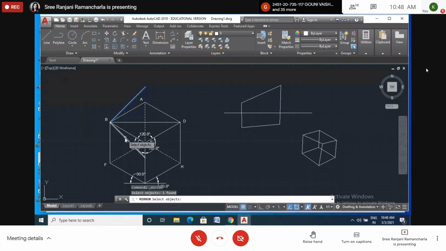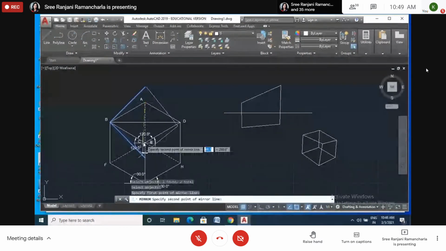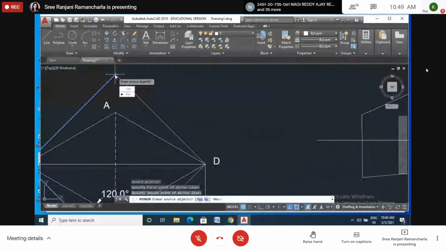This both I will take. Enter. First point, this one I will take as the first point, and this one as the second point. See, now I got a midline. Of course, these are coinciding here. Don't bother about the one because I don't have the exact length here. With the scale, you can draw the exact length.